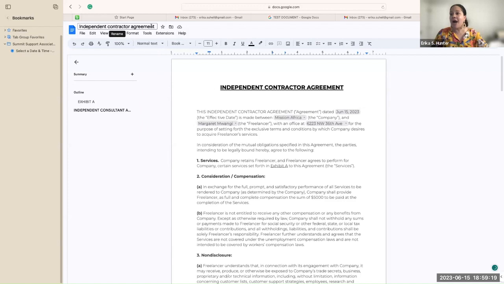And so what we're going to do now is I moved my cursor over to the top left-hand side of the page, next to the Google Docs home icon. That's what this is. It says independent contractor agreement in black, right? This is where you can name your document. Okay. So I'm ready to name this document and I'm going to call it